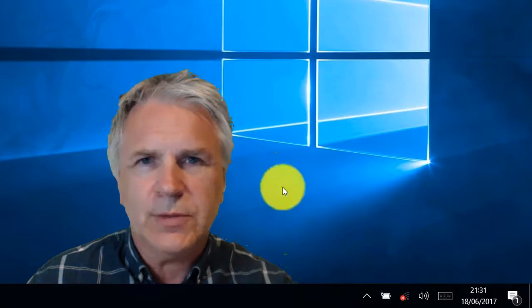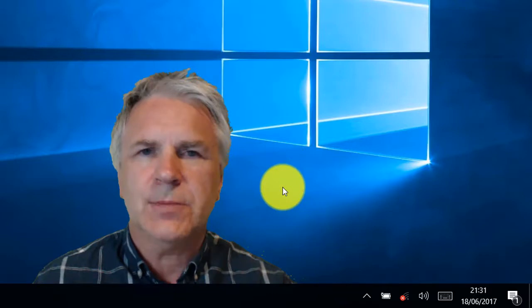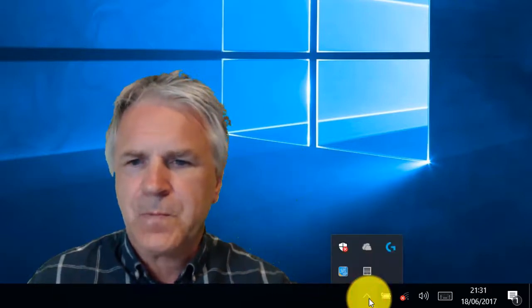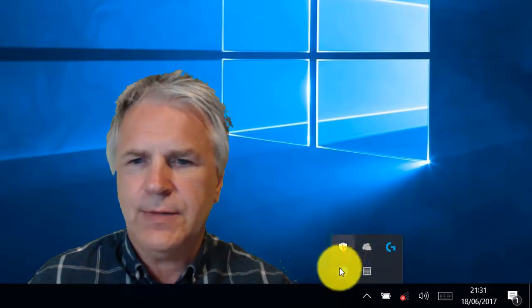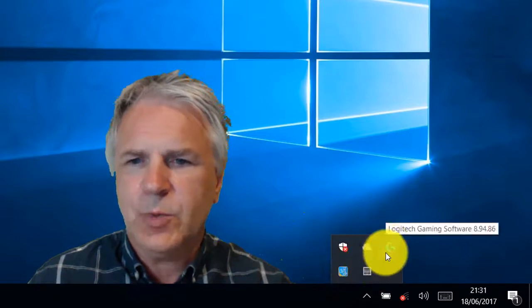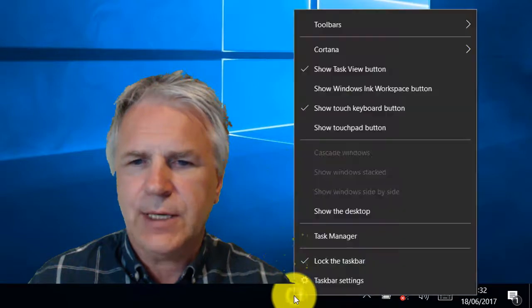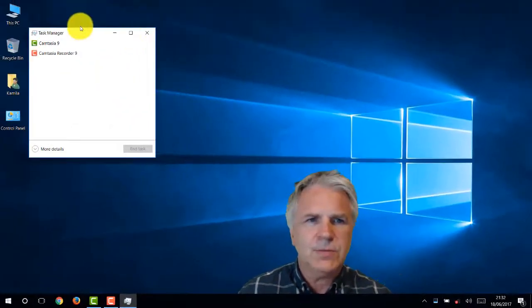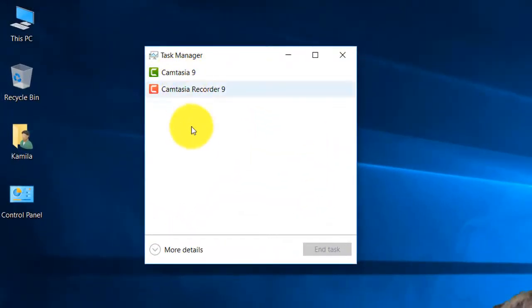when you start your computer, certain things start with it. And every time you download something, it wants to start on your PC. If we look at the bottom here, you can see these things are running: the OneDrive, the actions. These things we want to run, certain things we don't. And if you right-click the task manager, it will come up small and just show you what items are running, which is the Camtasia recorder. But if you click more,